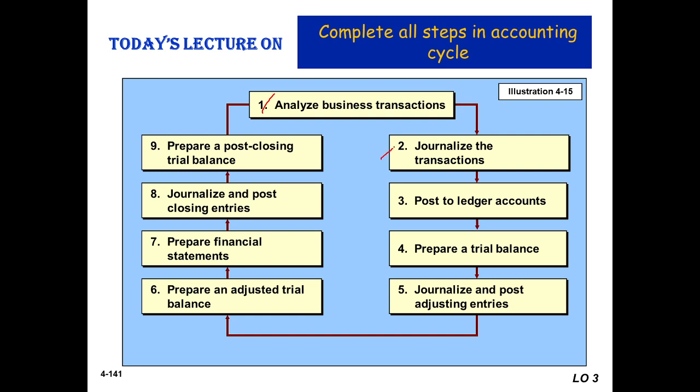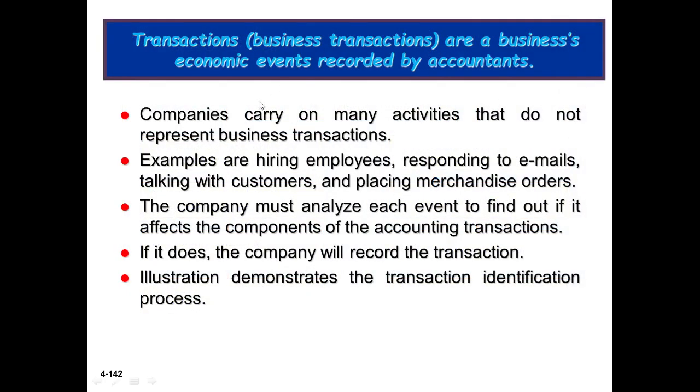Second, journalize transactions. That means all steps. Here we have 9 steps: 1, 2, 3, 4, 5, 6, 7, 8, 9. First one, analyze business transactions. Now we would like to discuss transactions, or business transactions, which are business economic events recorded